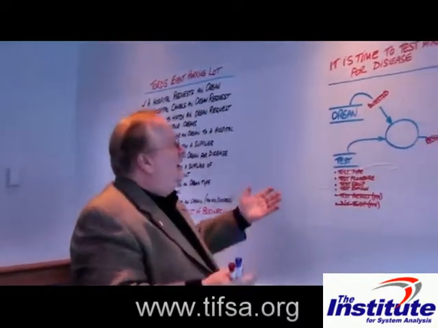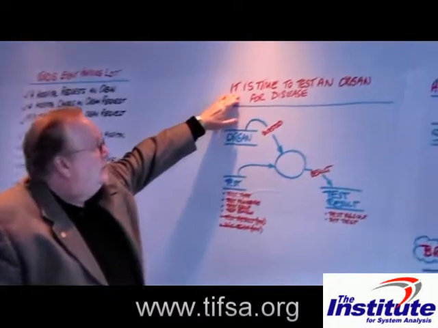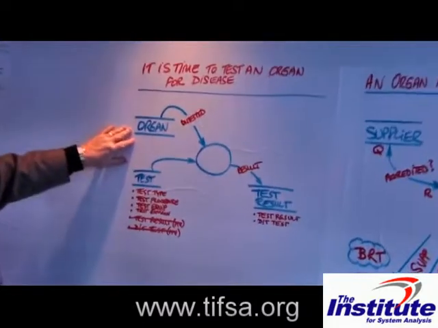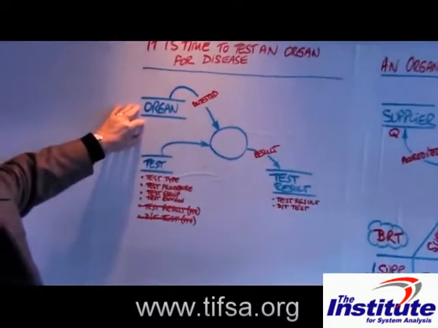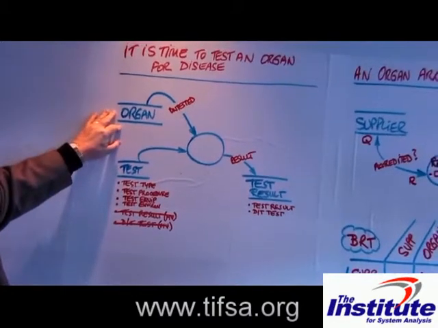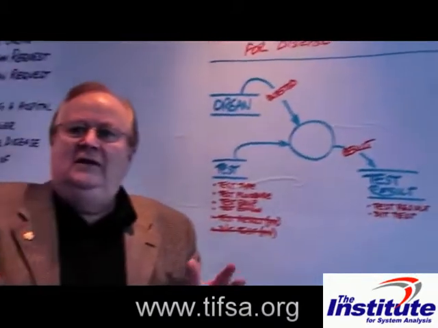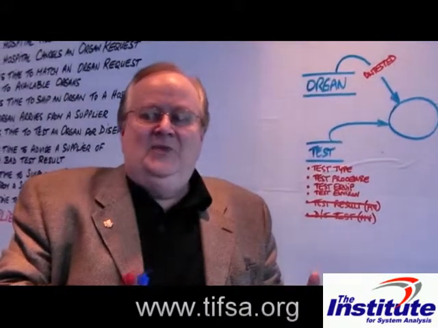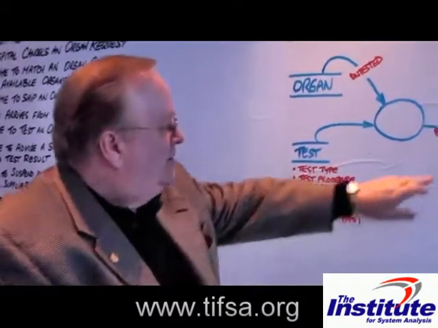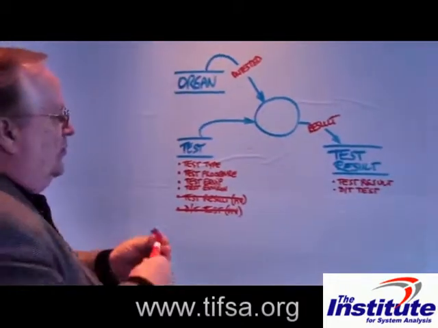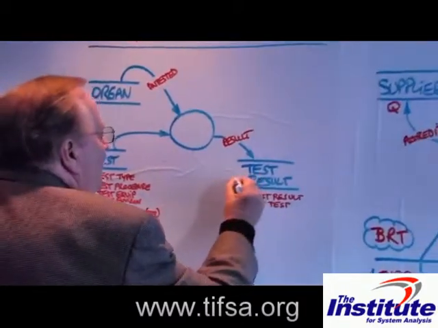So now we have start test an organ for disease. So find those organs that are untested. And remember I said, how do I know they're untested? Well, the way I know that something is untested is because it doesn't have any previous test results. Well, where are the test results? Here they are. So what I'm going to do is